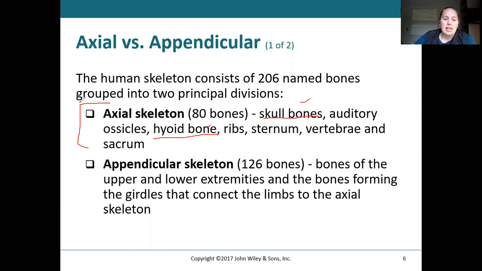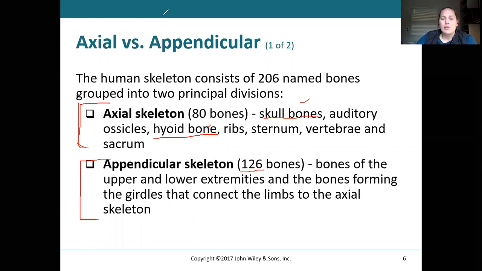So the axial skeleton, like I said, has a huge function in protection of these very critical organs. Now, to contrast that, the appendicular skeleton, which is going to be the focus of chapter 8, has 126 bones: bones of the upper and lower extremities, and bones forming the girdles that connect the limbs to the axial skeleton. So there's obviously an interaction of both, but you can think of the appendicular skeleton as being the extensions of your body,